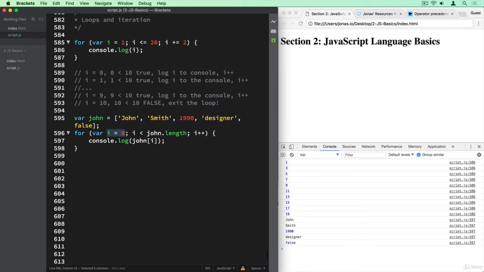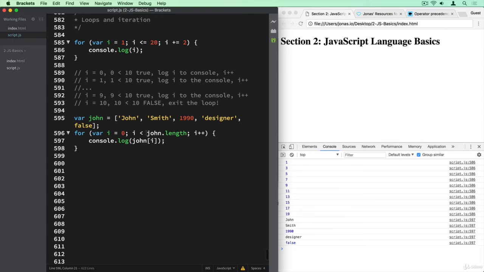And so we start at 0 because that's the first element in our array. After each iteration of the loop, we increase the counter value by 1 because we want to read all of the 5 values. And finally, we run this loop as long as the counter variable is still smaller than the total length of the array, which is 5. So it will run for 0, 1, 2, 3, 4, but no longer for 5,